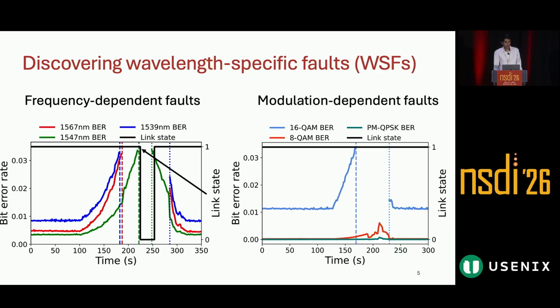And we also did this with different modulation formats. So now we use 16 QAM, 8 QAM, and QPSK for the 3 constituent wavelengths. And what we can see here is that over the course of the bend, the link actually stays alive completely because 2 of the modulation formats remain resilient while 1 of them fails. And so now the link stays up, but it's at reduced capacity when this 16 QAM wavelength fails.